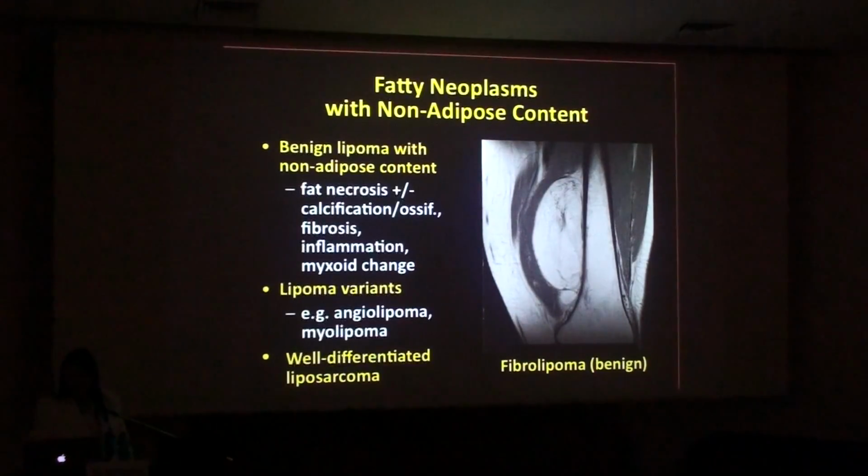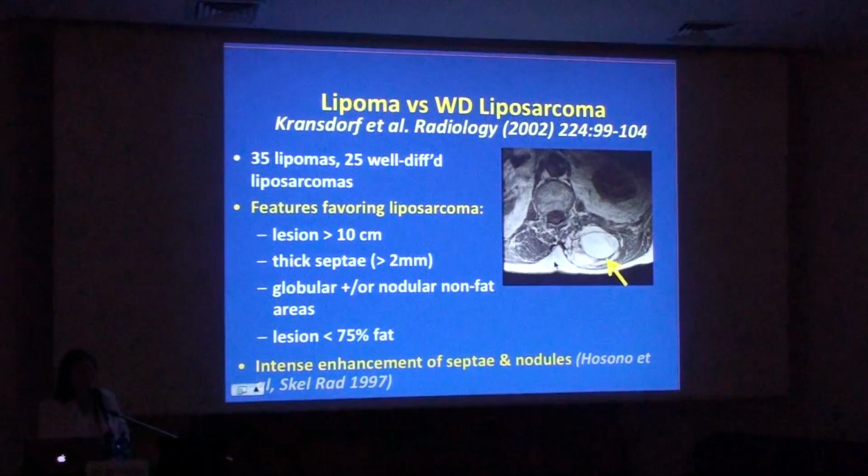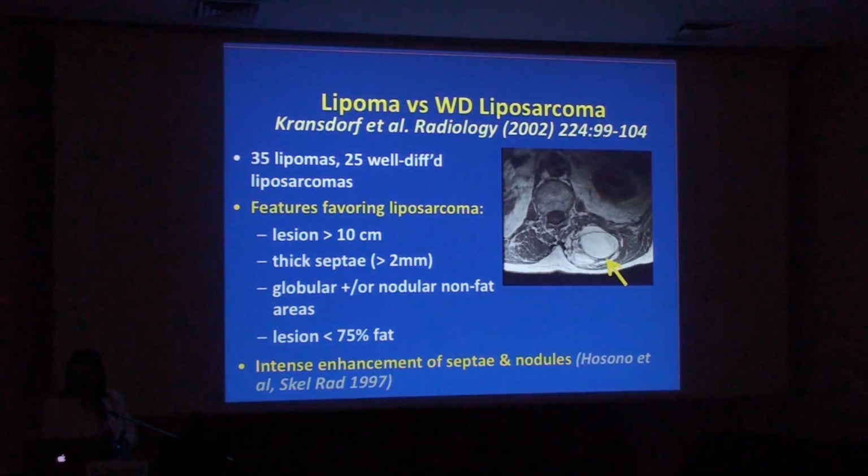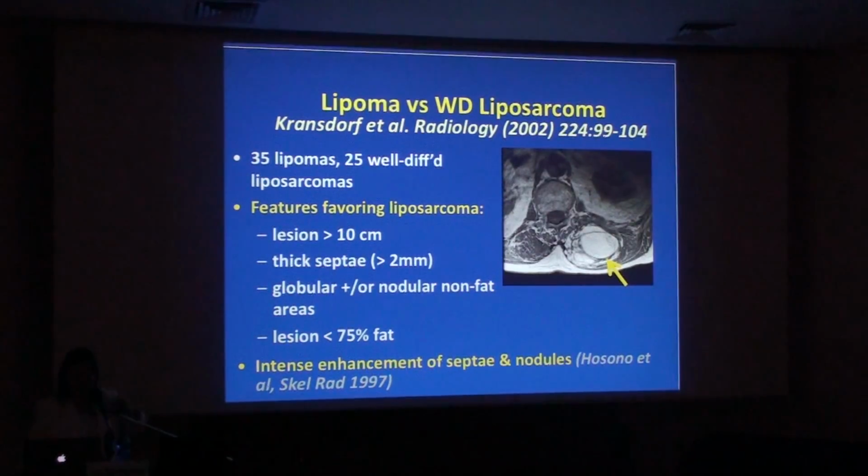And Lorenz before was, so here's an example of a benign fibrolipoma, and you can see it's got some internal content different from the simple lipoma we were looking at a minute ago. But as Lorenz was saying, a lot of us look to Dr. Krinsdorf when we're reading these MRIs, and this is a nice example of an analysis to try and help us attack this question. So they looked at 60 cases, lipomas and well-differentiated liposarcomas, and identified a number of features that